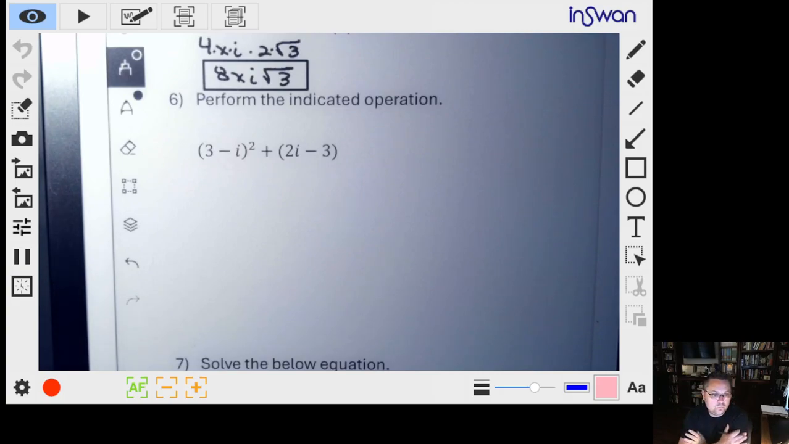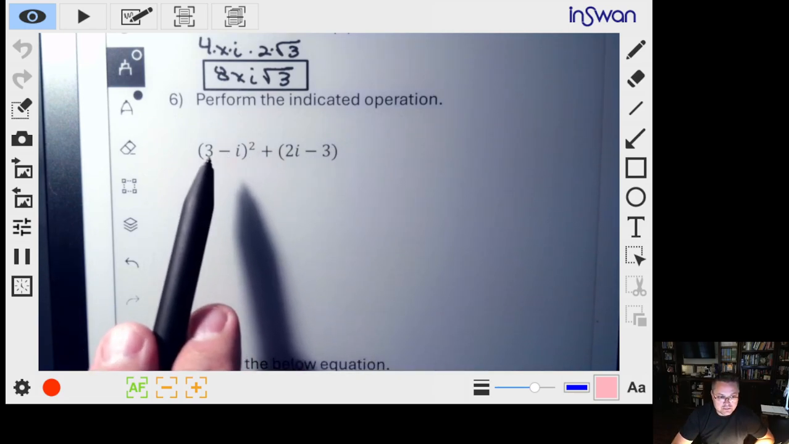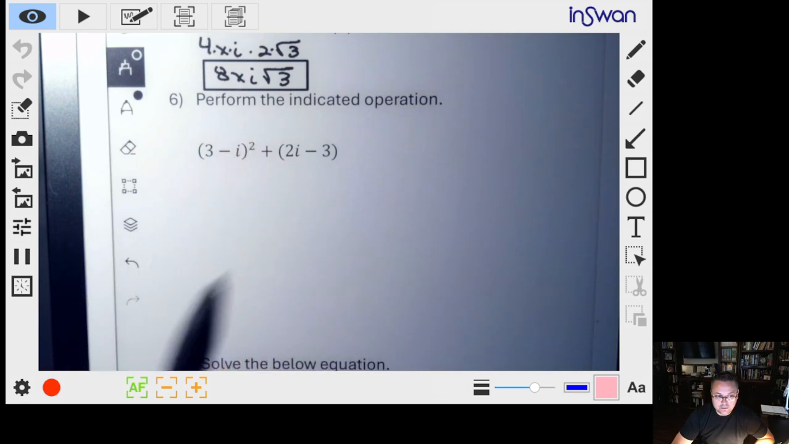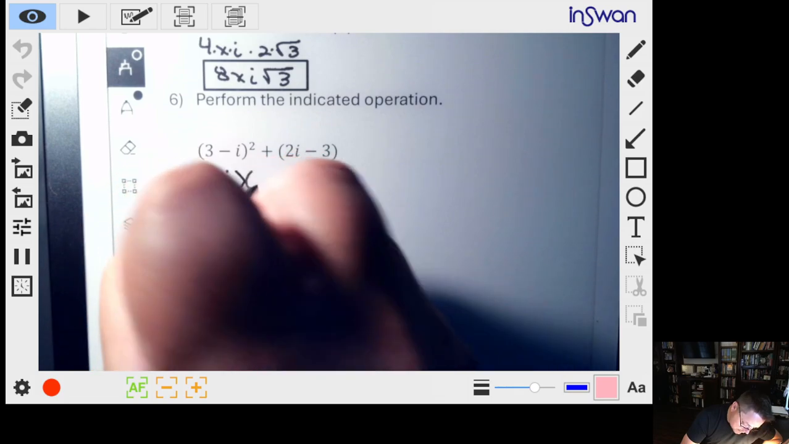Problem number 6, we're asked to perform the indicated operation. That is another way of saying just simplify. So here we need to be careful. The biggest mistake is to take the 3 and square it and the i and square it. And we know that we can't do that. We've discussed that this really means 3 minus i